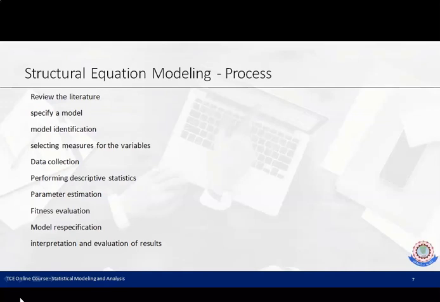And then we have to estimate the parameters for determining the fitness function. Also, if there is a need for model re-specification with the parameter values, we can do so by adjusting the values focusing on the model parameters. Finally, we can interpret and evaluate the result that corresponds with the determination of exploring the patterns that exist among the attributes.